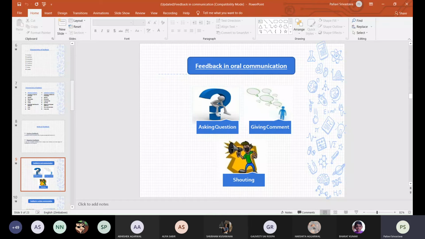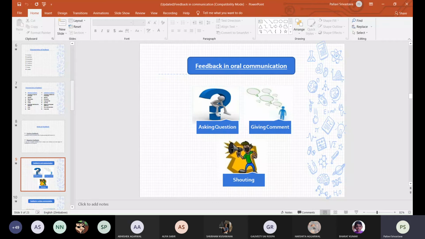In the same manner, when you are in a business communication situation, like making a call where you are pitching for a product, you will have to understand where that hesitation in saying yes lies. So you will have to ask more questions to the buyer, and with the help of that you can make things clear. Okay, so feedback in oral communication is always quicker and easier, and it is because you can see the facial expression, you can see the emotions.